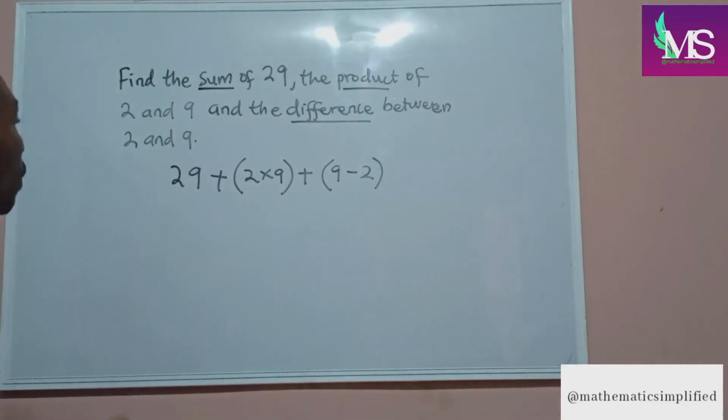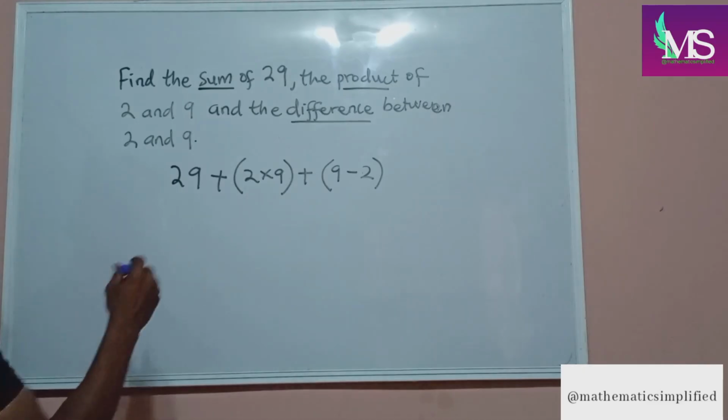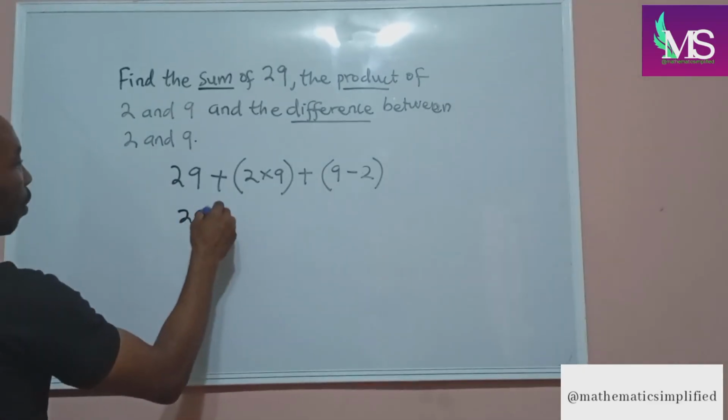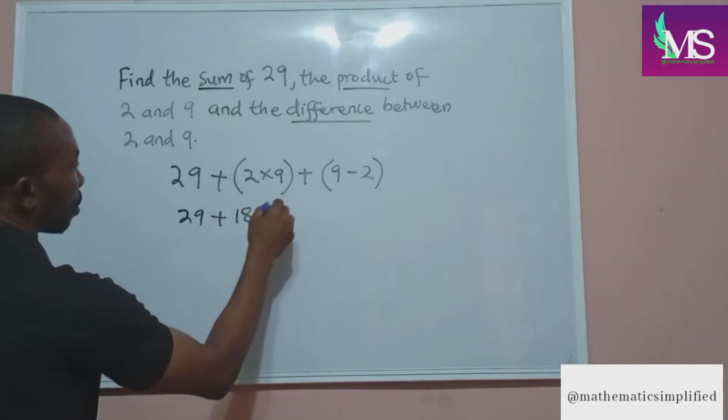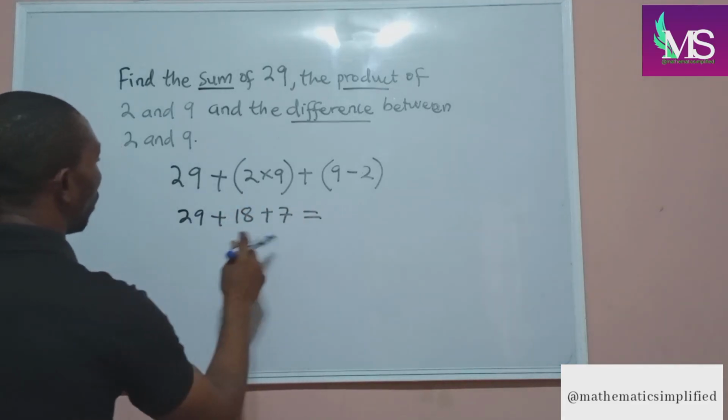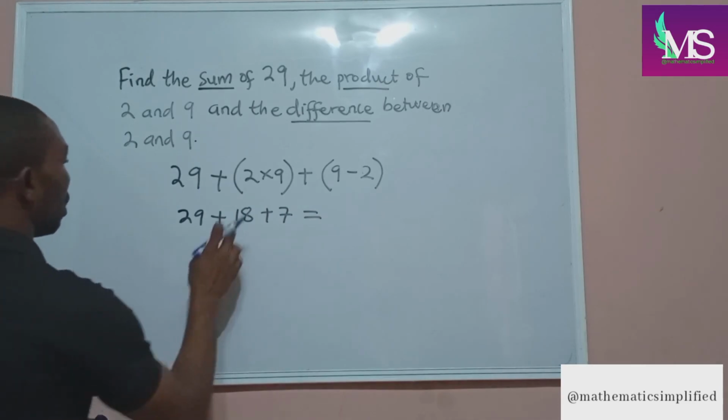Okay, now this will become 29 plus 18 plus 7,